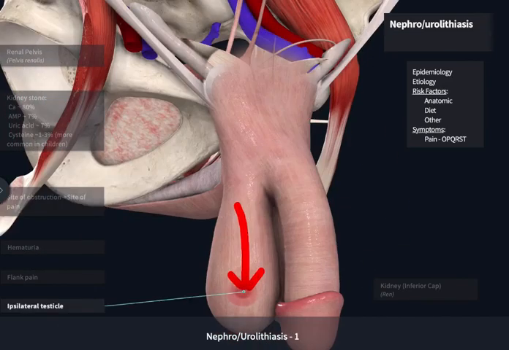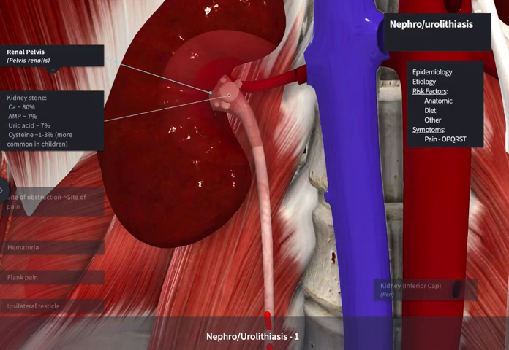The location of the pain may change as the stone migrates. This is why your history taking is so important. So the OPQRST, or onset, provocation, palliation, quality, radiation, severity, and timing. Nausea, vomiting, and dysuria may also be